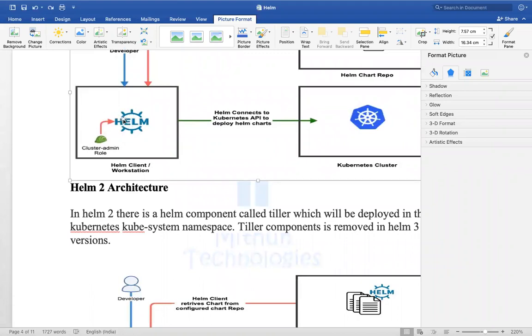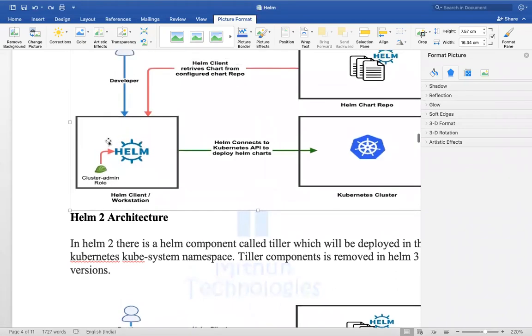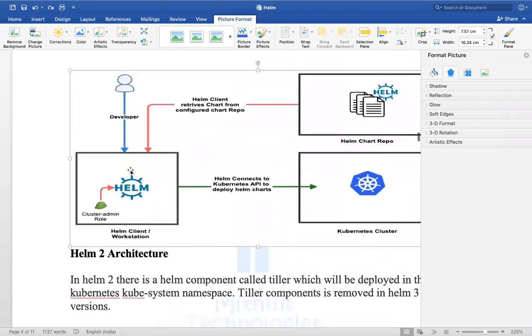If this workstation is configured with some user, as a developer he can install Helm on his machine, but when he executes helm install, if he doesn't have permissions, will he be able to deploy those applications? So Helm 3 is directly using the kube context. You don't need a middleman here.